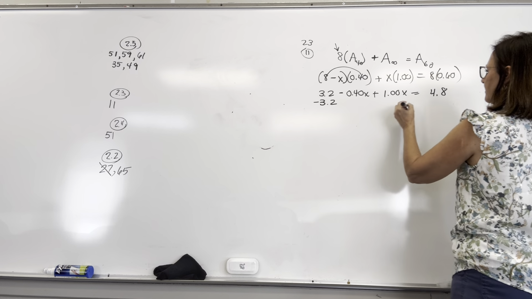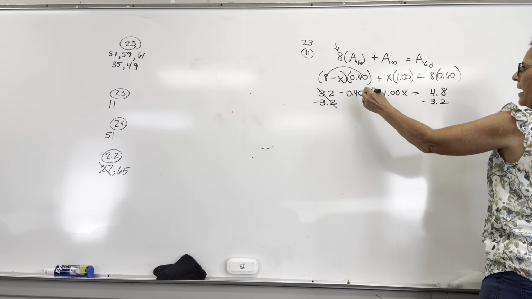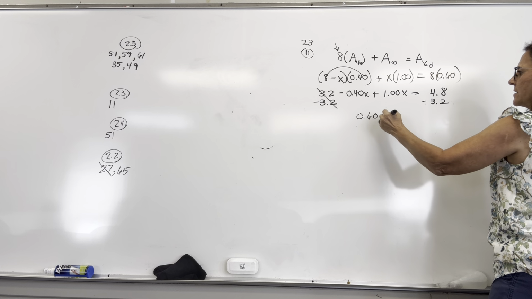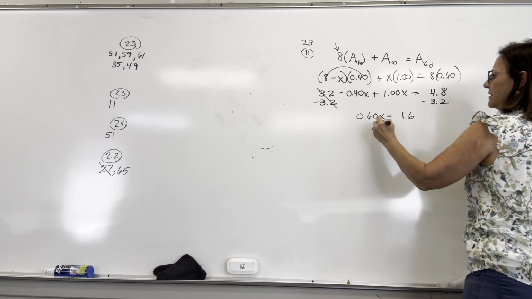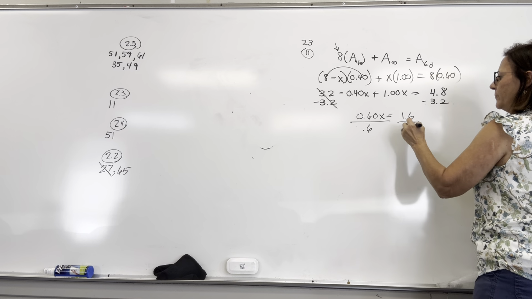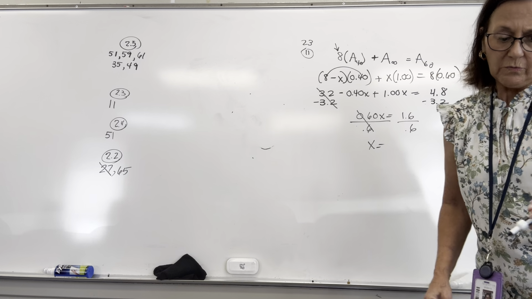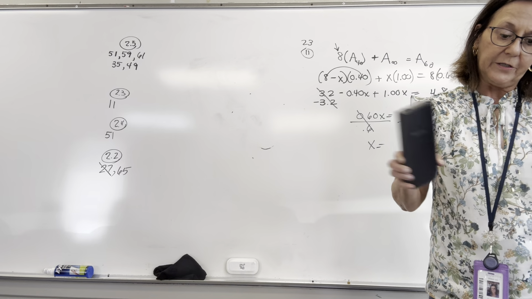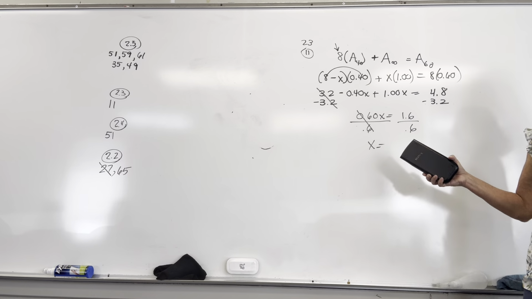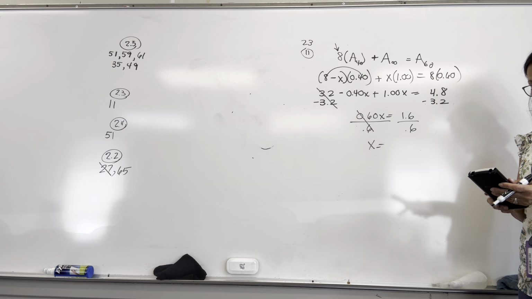Let's subtract our 3.2 to move it to the other side. Combine this: 0.60x is 1.6. And divide 1.6 by 0.6. How much antifreeze? What was the question? How much fluid should be drained and replaced? That's X. X is drained and it's replaced. So 1.6